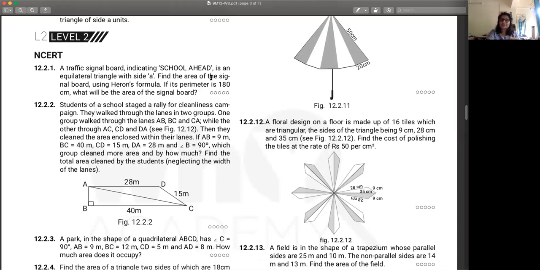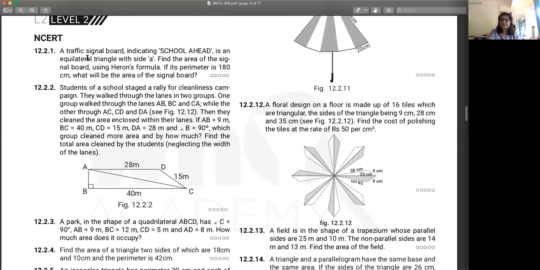So what you did earlier, you will need to do that. Find the semi-perimeter, which will come to 3a by 2, then apply Heron's formula and you'll get it. Once you get the formula, then you put the value in it. You're given the perimeter, so from this, find the length of the side and then you can find the area. Okay. Do you want to do this now or after class, whenever homework is assigned? The side will not be known to us, so it will come in a.